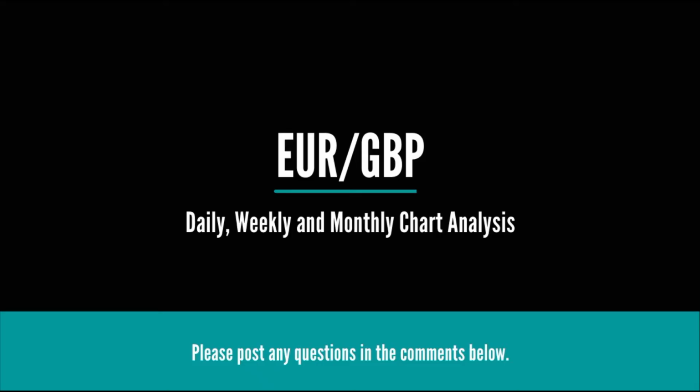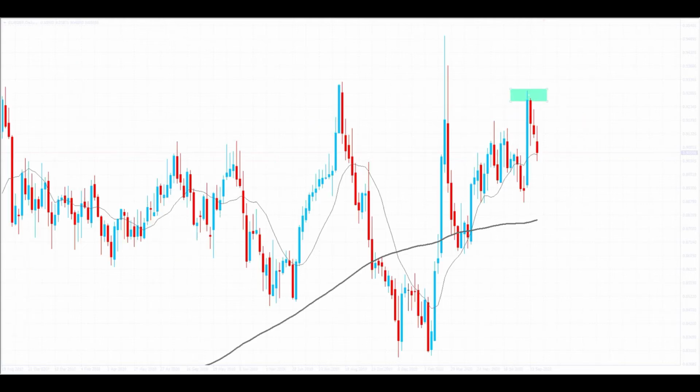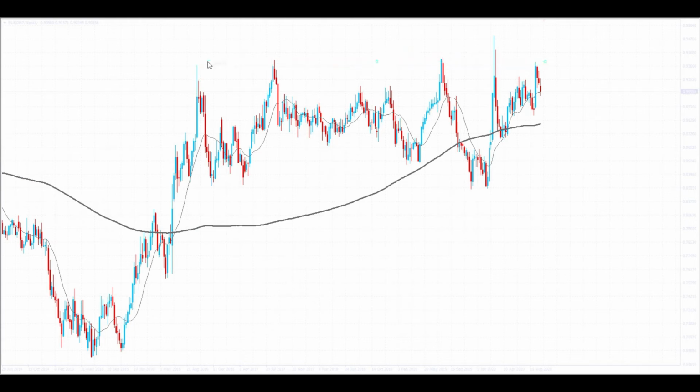Now let's take a look at Euro GBP. Okay, so for Euro GBP on the daily chart, you can see that we've come from this area in the market and we've just been slowly moving to the downside. And I've been explaining that this area in the market is a very strong area. As you can see, since 2016, we've just been rejecting from this area and having very strong moves to the